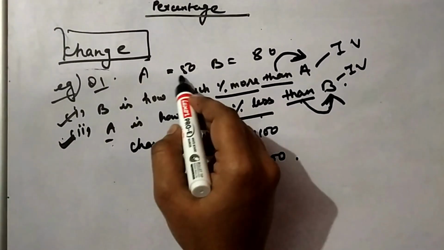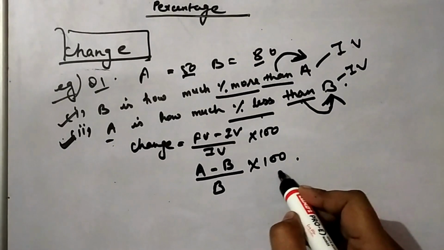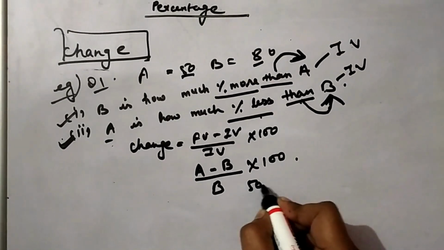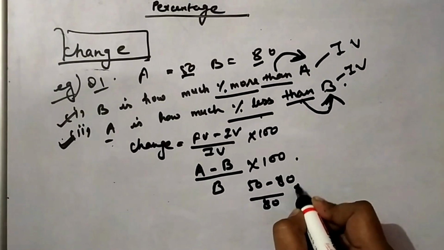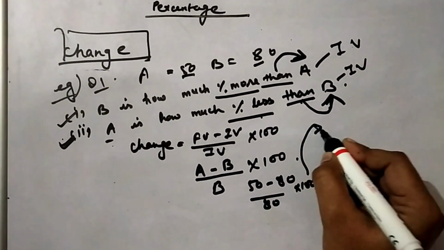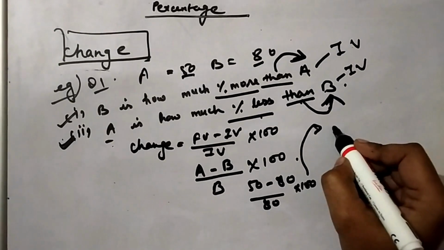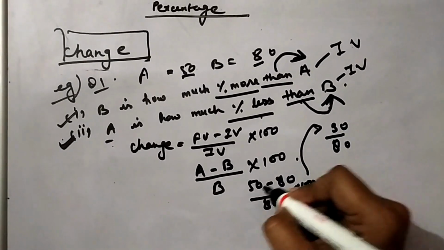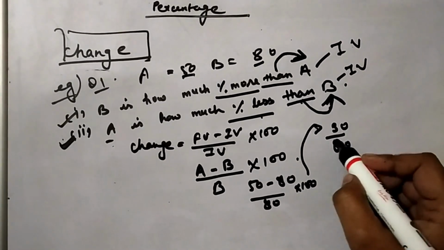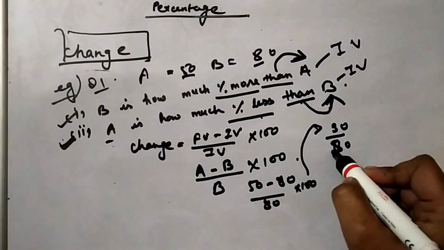A is 50, B is 80. Now 30 upon 80, 50 minus 80 is 30, but here it is a percentage, so we can take